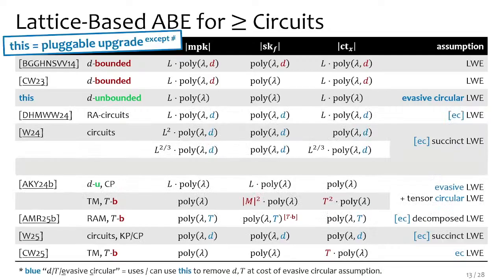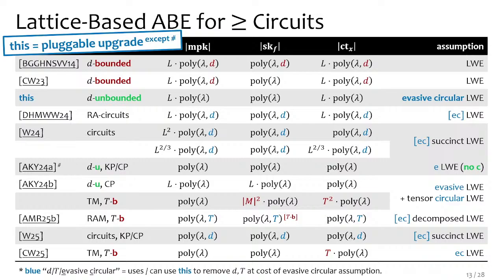And subsequent to our work, there are again many works constructing ABE from various versions of LWE for various new features. And again, if you plug our evaluation procedure into those ABE, you remove the depth boundedness, except for one work, which is by Agrawal, Kumari, and Yamada. They build depth unbounded ABE from evasive LWE, but it's a worse version of evasive LWE without circular. But